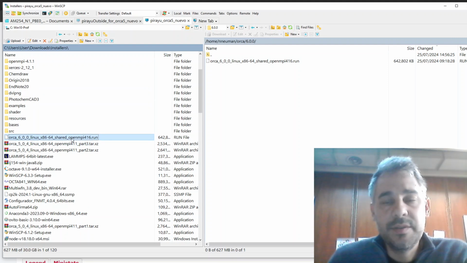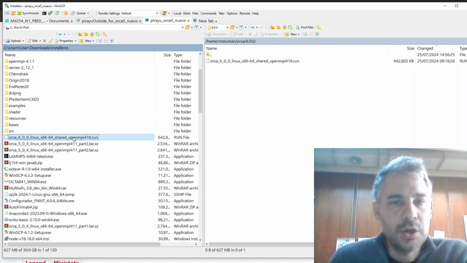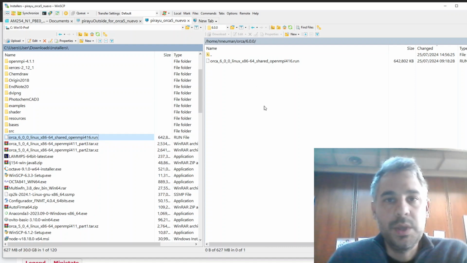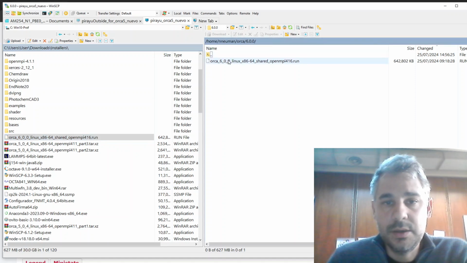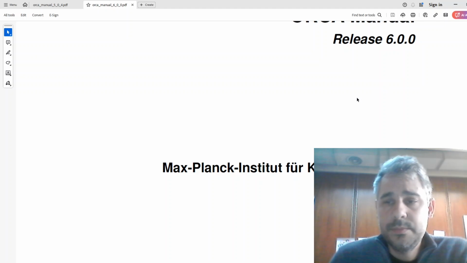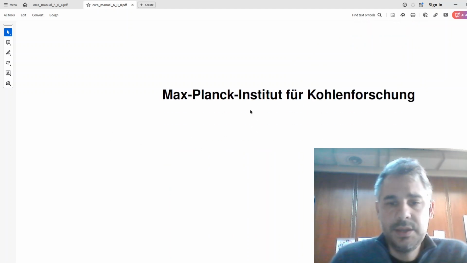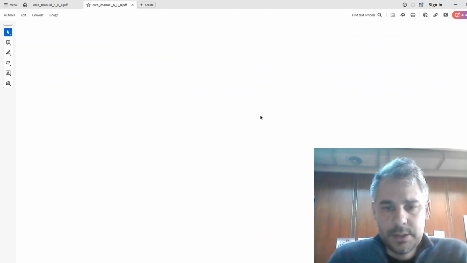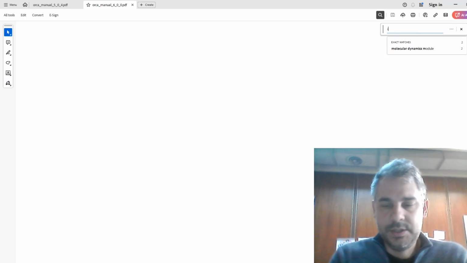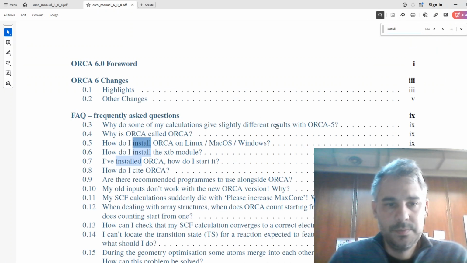It's around 650 megabytes. I copied this using WinSCP to the cluster that I use, into a certain folder. I also downloaded the manual. It's the new Orca manual. It has been changed in content and design. It looks very nice. And if I search for the install options,